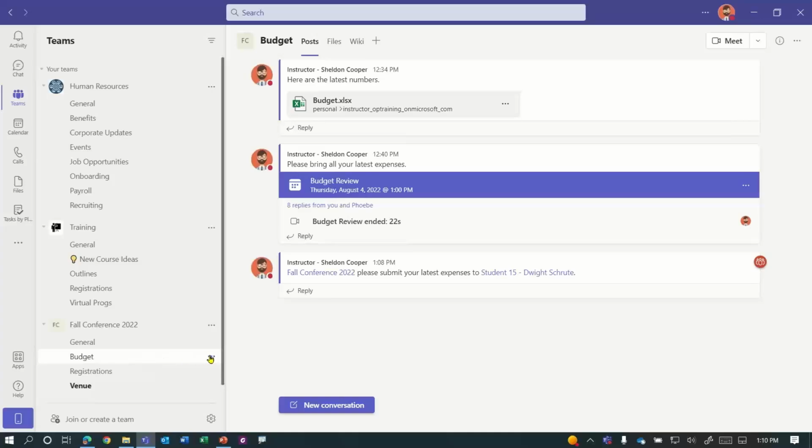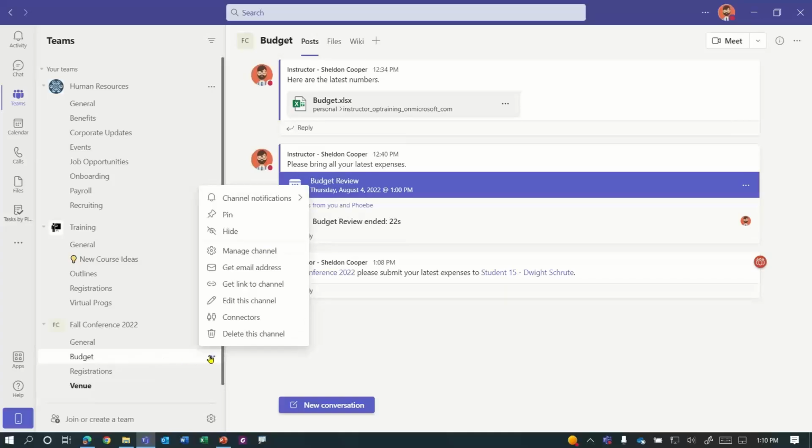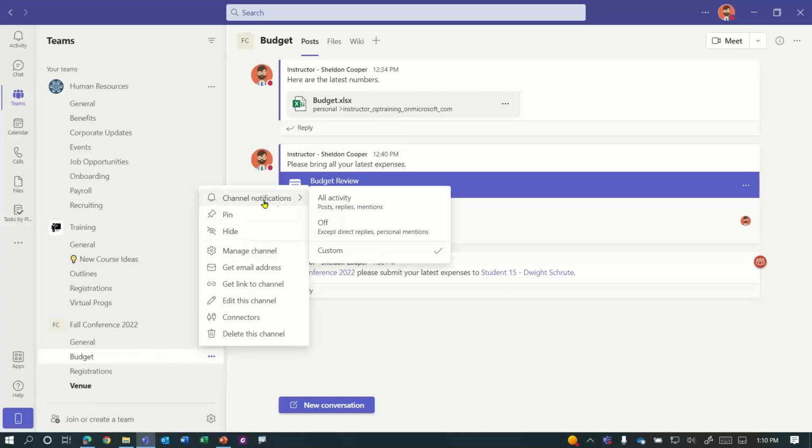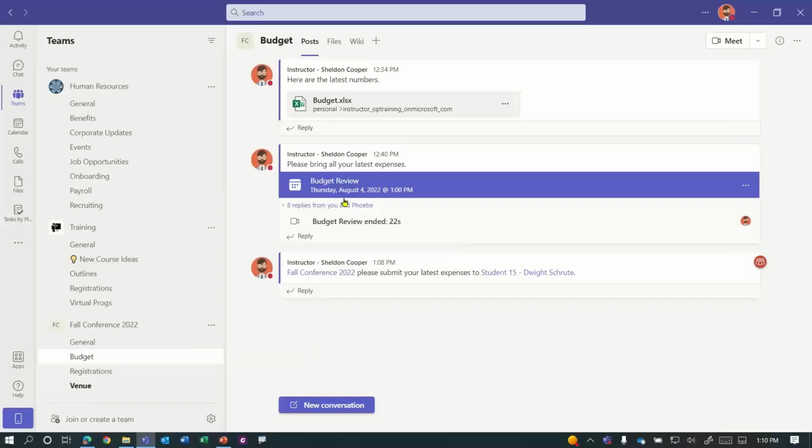I point to that channel, click the ellipsis, and then notice there's channel notifications, and I can change it to all activity. That way, whenever anybody posts anything, I can be notified. But again, that's up to each user to create. Okay? All right.